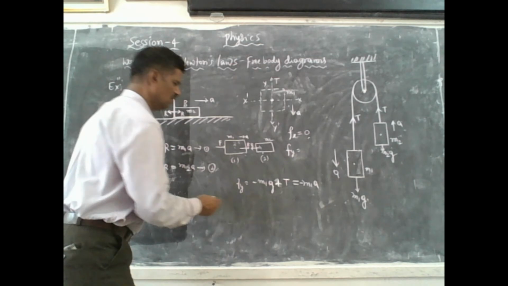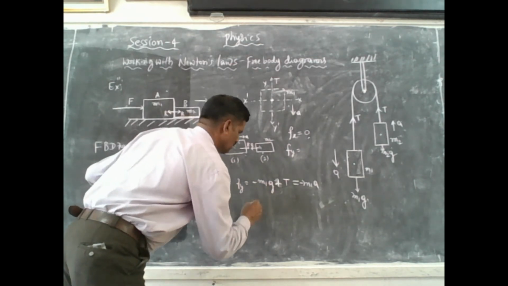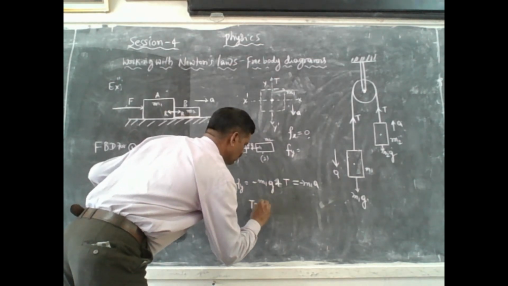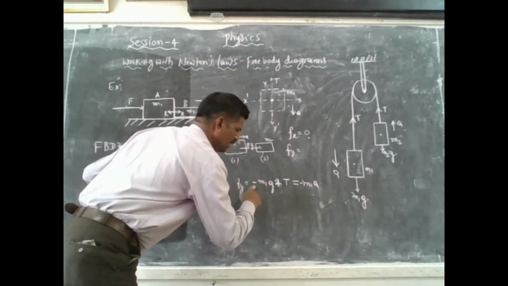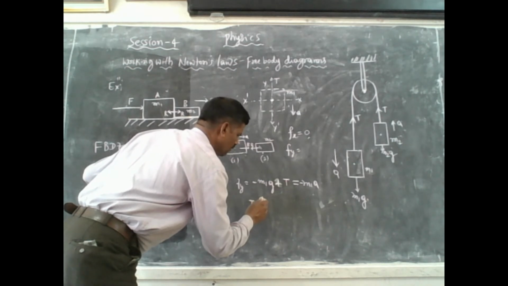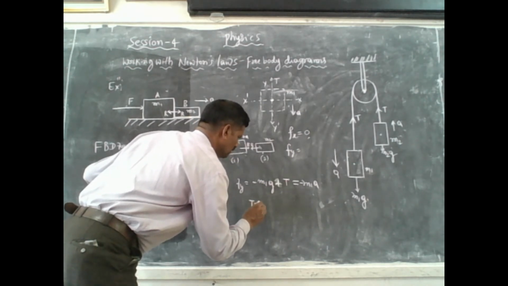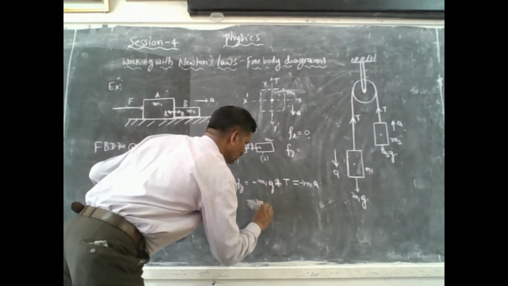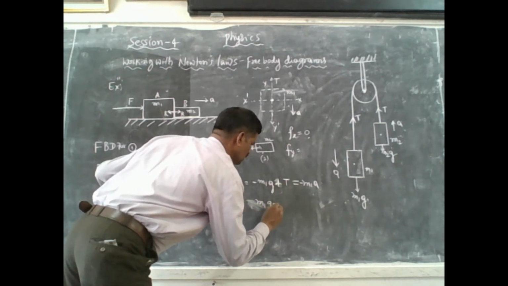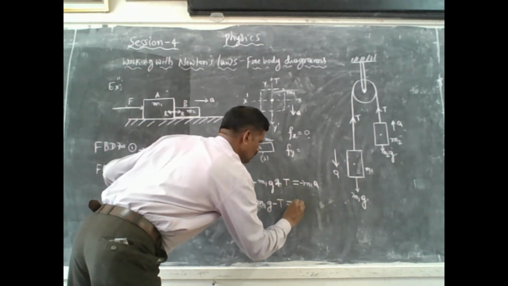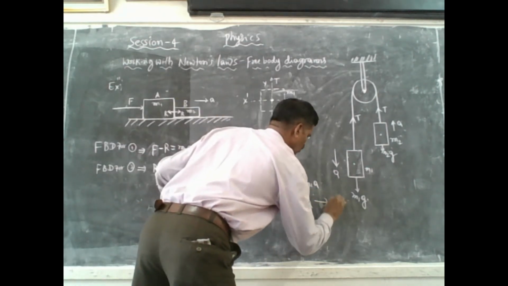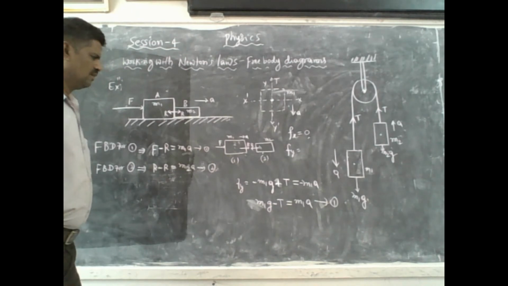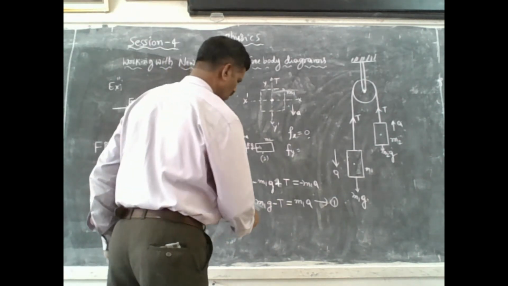Minus m1a. So now along the y direction, therefore T minus, so you can multiply minus sign on both sides. So therefore we can get T minus M1G minus T, that is equal to M1A. Isn't it? Equation number 1. Isn't it? So now another